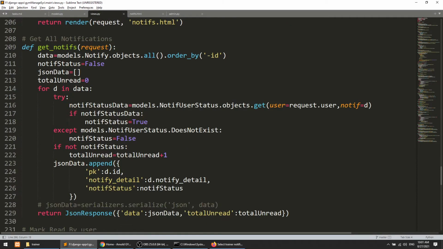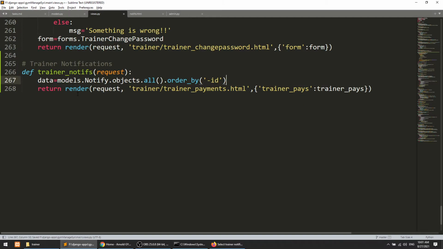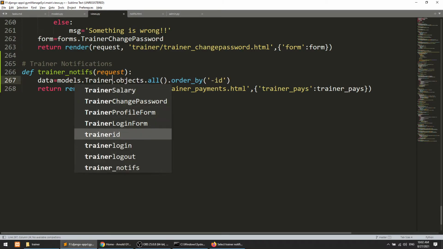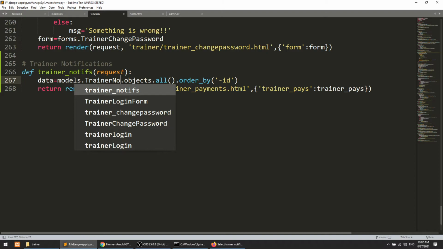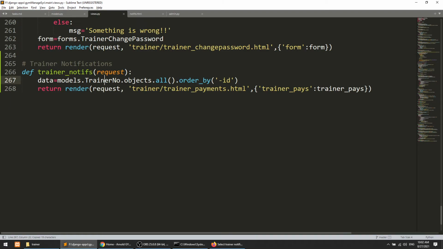I'll copy this data, and this is trainer notifications. Paste it here, objects.all, everything is okay, and the template will be notifs.html, and this will be notifs, and here we will pass the data.